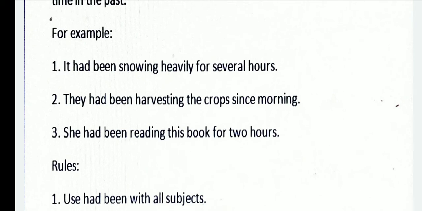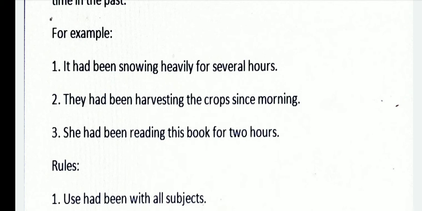It means whatever the subject is, कोई भी subject है, whether it is it or it is they or it is she, in all these cases we have used had been. And the other thing is that we have used first form plus ing. In all continuous tenses, I've told you that in all continuous tenses, be it present, past or future, perfect or simple continuous tense, we always used first form plus ing, right? So there is no exception to it.